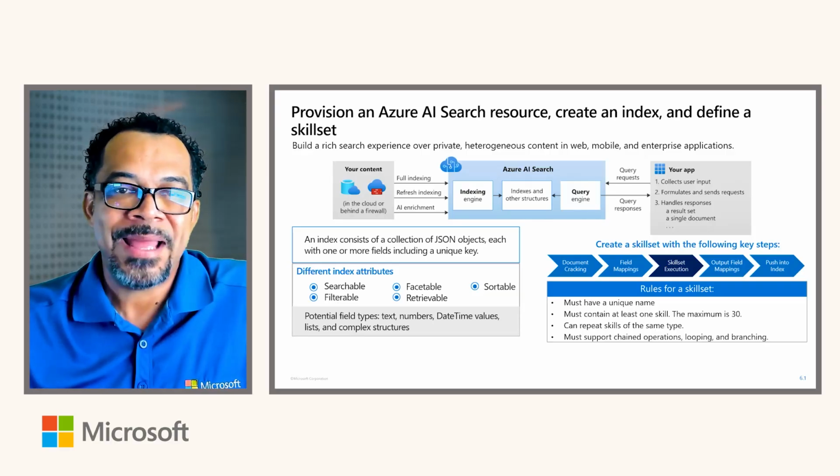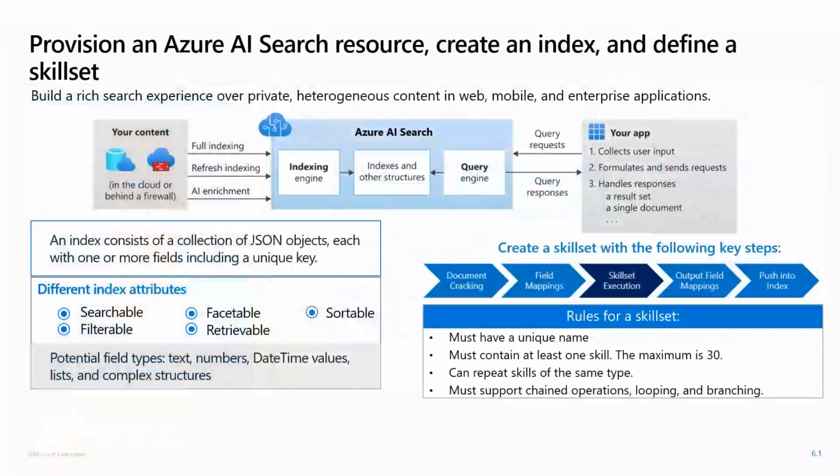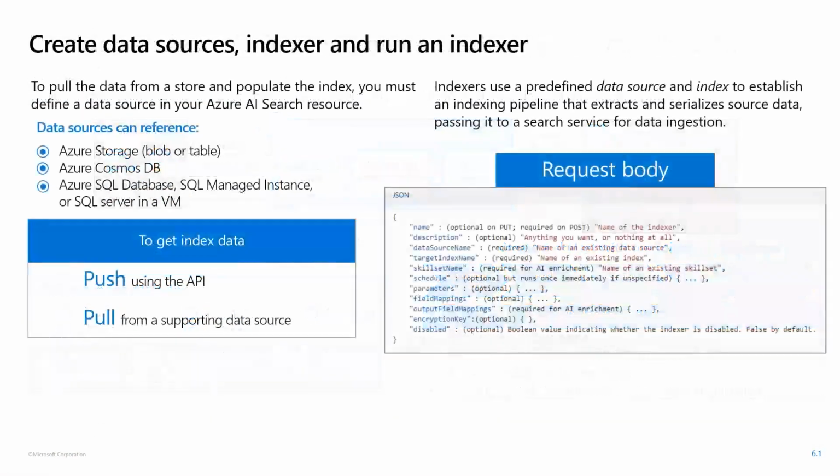It's also helpful to know how to use indexers and skill sets to automate data ingestion and to enrich your overall experience. Know how the Azure AI Search index works and how you need to define a data source in the Azure AI Search resource. Know the data sources that are referenced. You also want to know how to view the create or update data source function. Run the above command in the terminal and press 1 to create a data source. Then wait while the program creates it. Open the search service in the Azure AI portal and view the data sources tab to confirm that the data